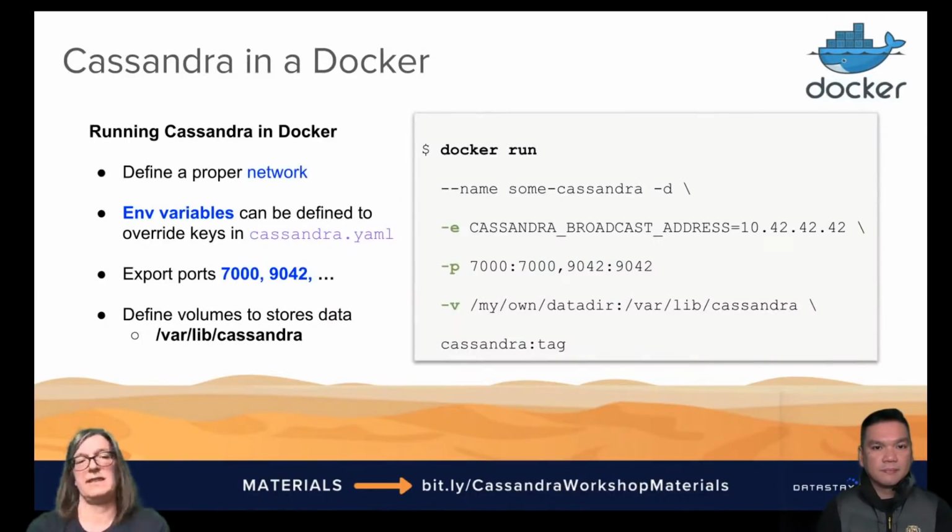And for example, here, this is an example of how this runs in Docker for Cassandra. You have the chance to define the Cassandra YAML environment variables directly when you run the Docker container, so you can override what has been decided by whoever packaged this together. You can decide what ports you want to export. This is actually a good command to remember, the -p, because it's basically implementing the port forwarding from your Docker